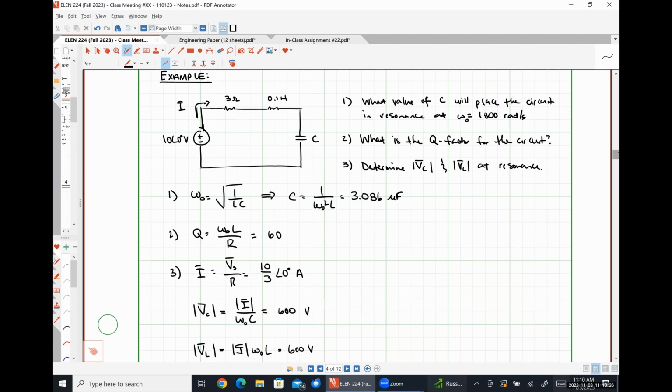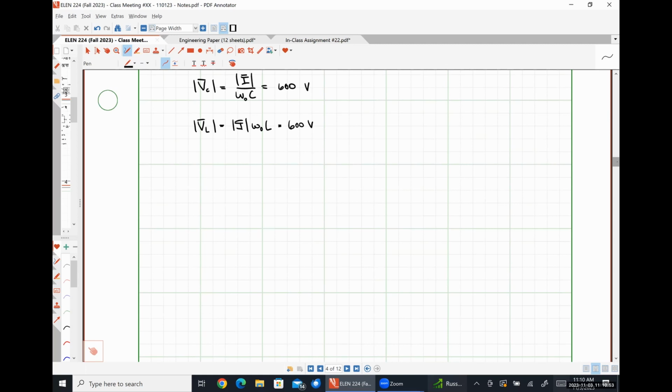The very last thing that I mentioned to you guys was that 600 volts here, so the voltage that we see at resonance, isn't technically the largest voltage that our capacitor would experience in this system. So let's look at that very briefly before we get into parallel resonance. So let me scroll down here. So for our circuit, let me redraw it here because it's no longer on the screen.